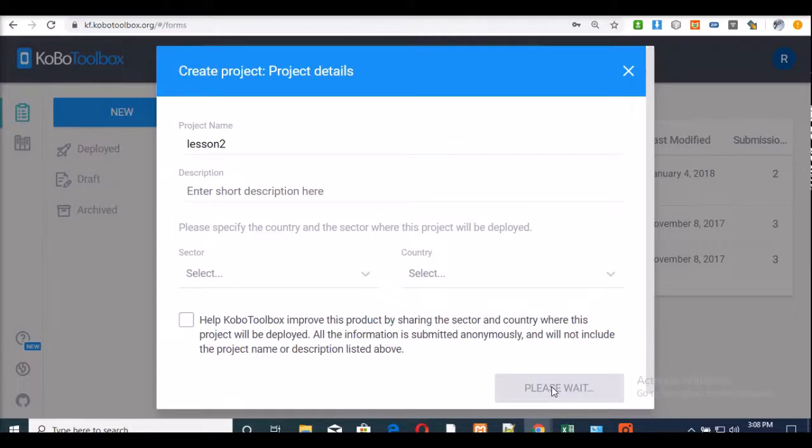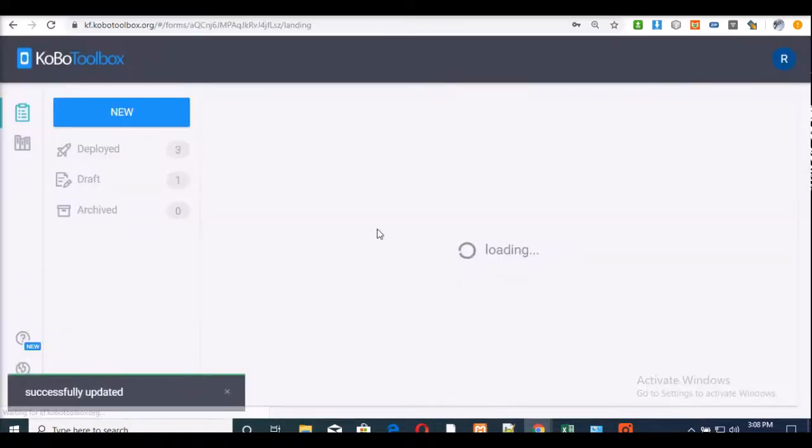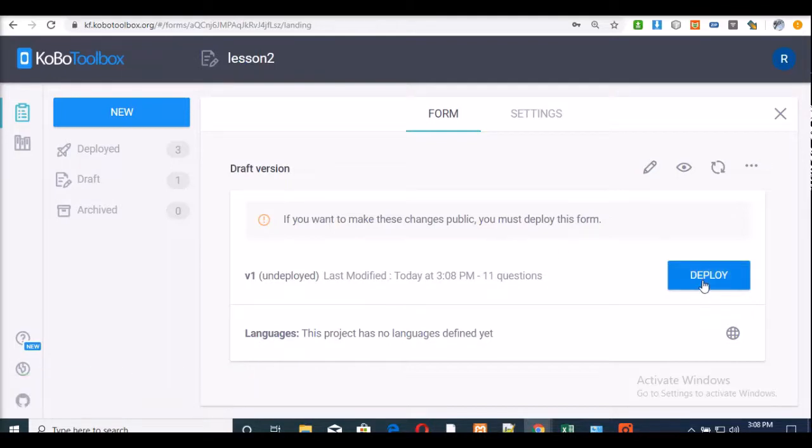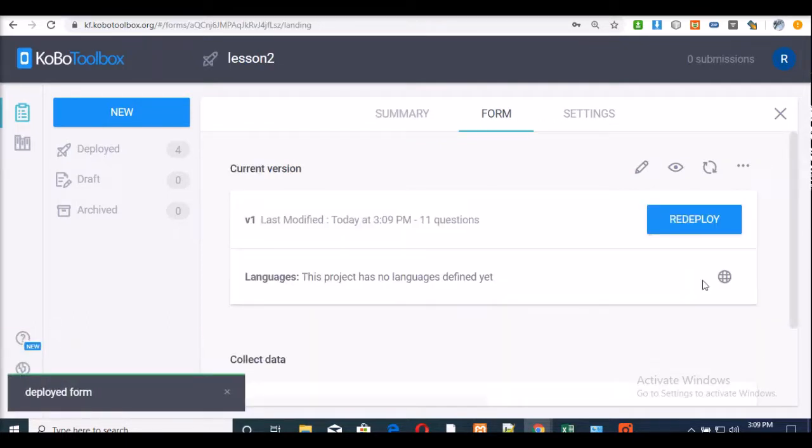So once you upload, it brings you to the page, a project page. Click on create project. You have your form uploaded. So you can see my form is already here. So in order for my mobile device to be able to see this form, I need to deploy the form. So once I deploy it, it means anybody with ODK Collect, anybody with Kobo Collect, anybody with SurveyCTO can basically see my form. If I give them my correct parameters, they can see the form and call up my phone and use it